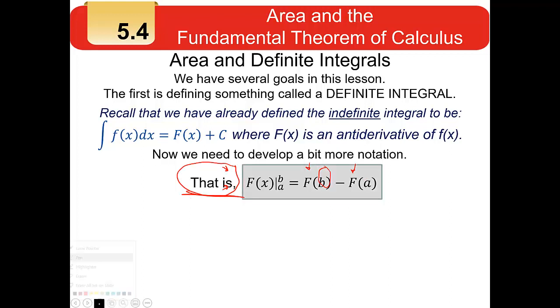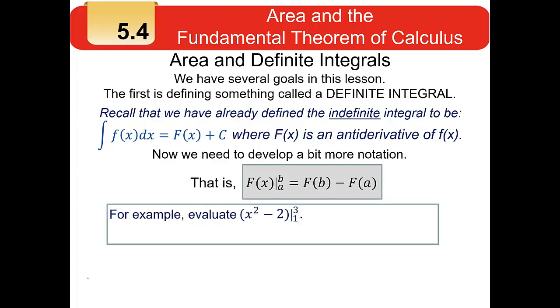Now, having said that, what I'm really saying is that this new notation simply means take the top limit number, plug it in, take the bottom number, plug it in, and subtract the two results. For example, if I gave you this expression x squared minus 2 and put it in that notation with the limits 1 and 3, 1 being the bottom number, 3 being the top number, all you do is take the top number, this time being a 3, plug it in